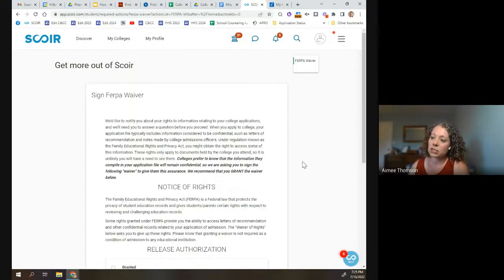But the basic gist of it is that it really comes down to being about letters of recommendation for most students. And what it refers to is whether or not you want to keep the right to be able to see your letters of recommendation at the school you attend once you're a student there. It's rarely recommended by colleges, by me, by the rest of our counselors.